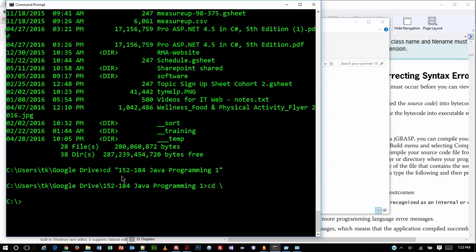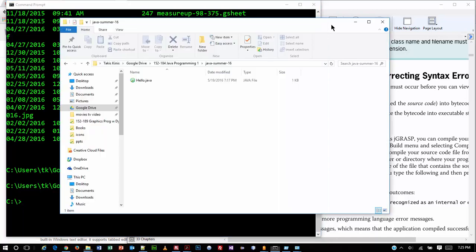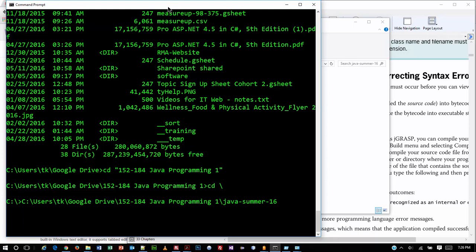So here, let me just put us back to where we were, back at the C prompt. If you have a regular file folder window like this, you can actually click in the address bar. Do you notice how it gives you the whole path now? And it's already highlighted. Control C, back to the prompt. Control V. Windows 10 does Control V. In previous versions of Windows, you have to right click, paste. And now,